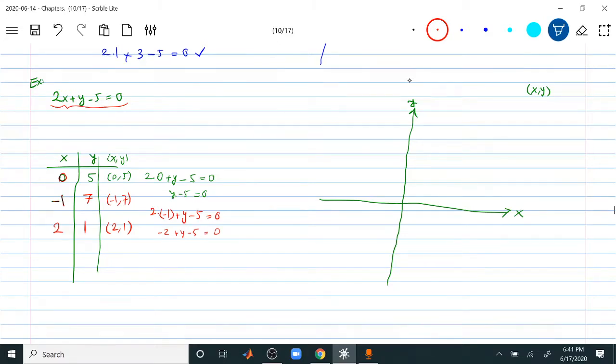So how do you show those numbers? On the xy coordinate plane, find the location of these points. (0, 5), let me call this 5. That's one of the points. And then you have (-1, 7). This is -1, and 7 is somewhere up here. This is the point (-1, 7). How about (2, 1)? Here's 2, here's 1. I didn't rescale this correctly, so the points may be